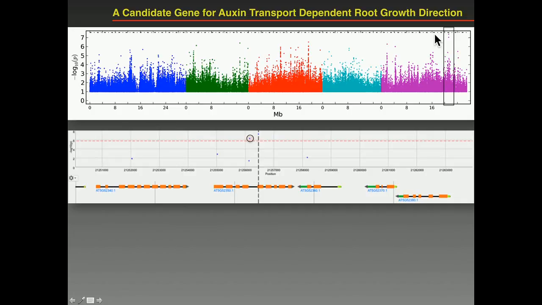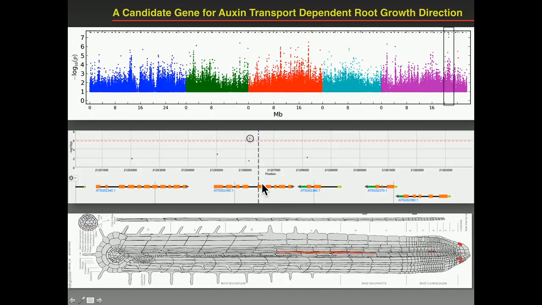And interestingly enough, it was located in the coding sequence of a gene here. But it's known that, due to statistical reasons and issues like allelic heterogeneity, the SNP that you map can be offset from the causal SNP. We basically first look at the expression pattern of all those genes in this region to see whether some of those genes might have a relation to the biological process that we were looking at, which would be the control of root growth orientation. And only one gene, interestingly the gene where the marker SNP was